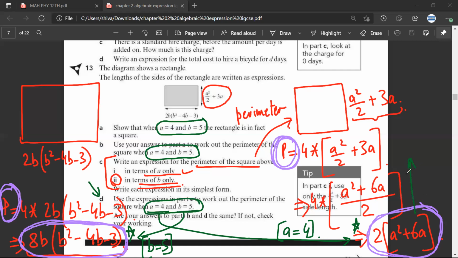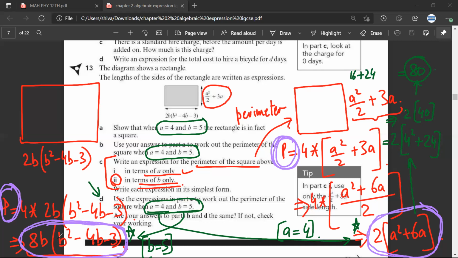No, sir. So for example, here when I put a is equal to 4, then the expression would be twice of 4 square plus 24. This would be twice of 16 plus 24. 2, 3, 4, 40. Sorry, 32 plus 24 is 56... and this would be equal to 80. Satya, have you understood? Yes, sir.